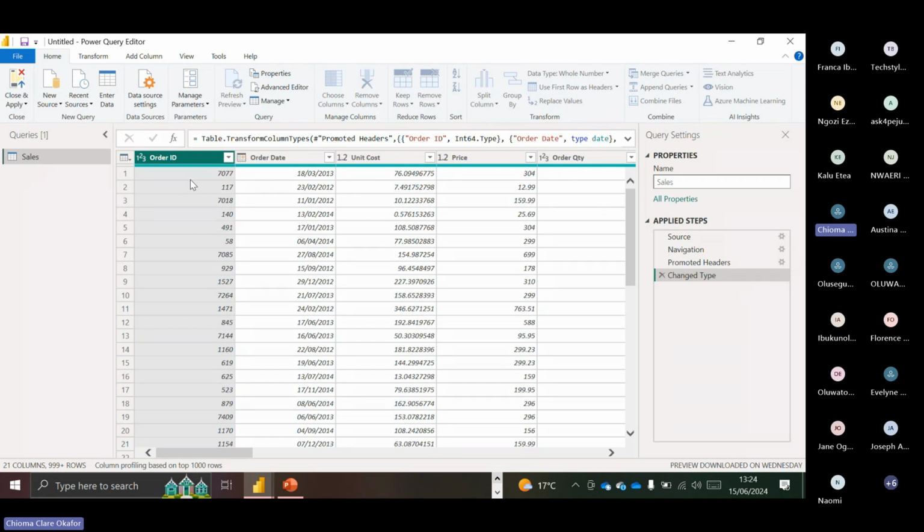Now, it's okay to leave it as 1, 2, 3, but personally, and most times, I think the best thing is not to leave IDs in particular, or maybe codes, stuff like that, as numbers. I will tell you why. For now, I'm going to leave it as 1, 2, 3. You will see why I said so. Why sometimes it's good to change the data type from just being numbers, because Power BI understands that once it's numbers, I should be doing some arithmetic operations on it, which includes summation and the rest,